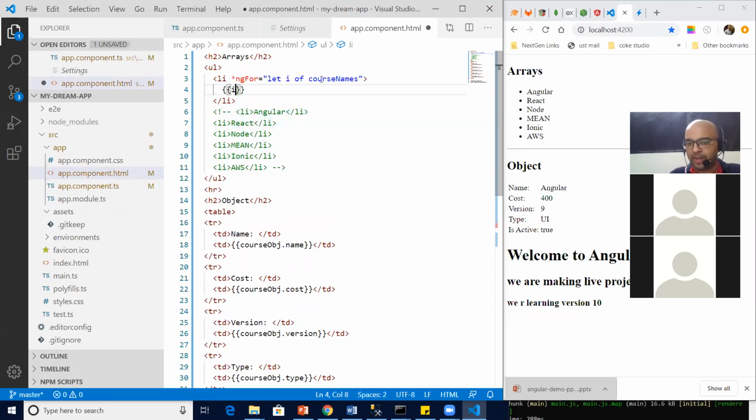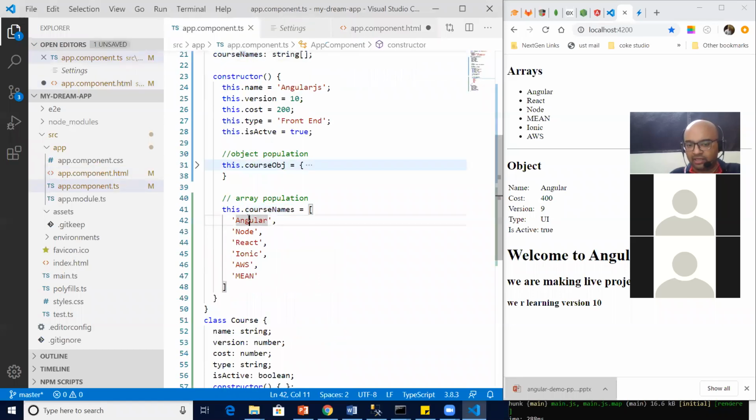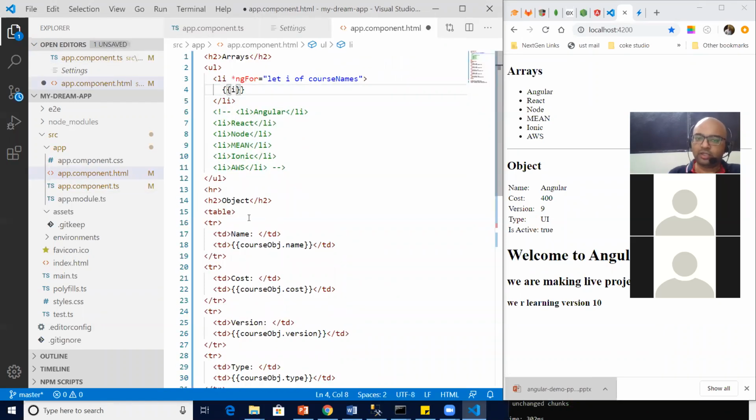I just print i, because the first time i will be pointing to Angular. So we print it, we say curly braces i. Second time i will be pointing to Node, so we print Node. Third time i will be pointing to React, so we print React. So is this clear to all of you? Yes or no?